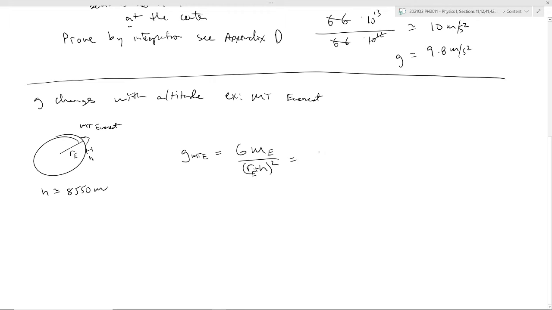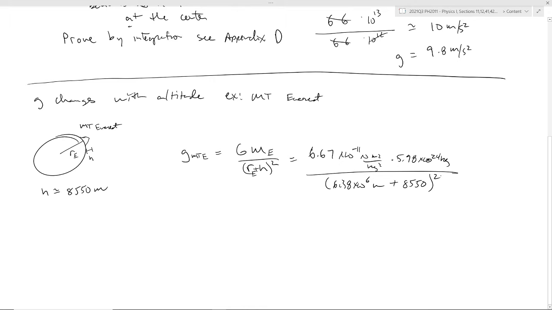So we can put that stuff in. The 5.98 times 10 to the 24, over 6.38 times 10 to the 6 plus this rather small number of 8,000 meters,